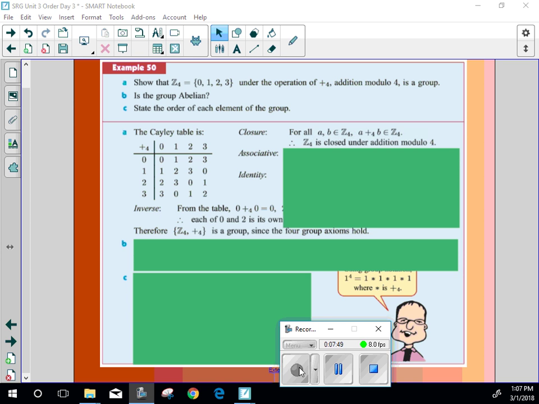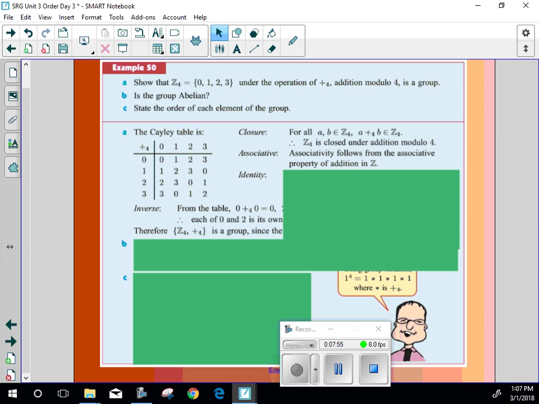So associative is easy for this because what operation are we using? We're using addition. So you can say associative follows the property of addition. So since it's an addition, it is associative on Z. Notice they also added where it's an addition on. It's on Z or in Z. What did you do for the identity